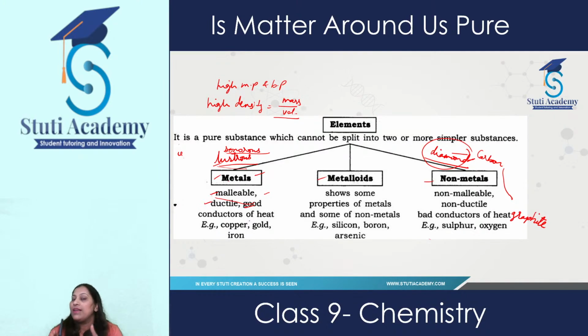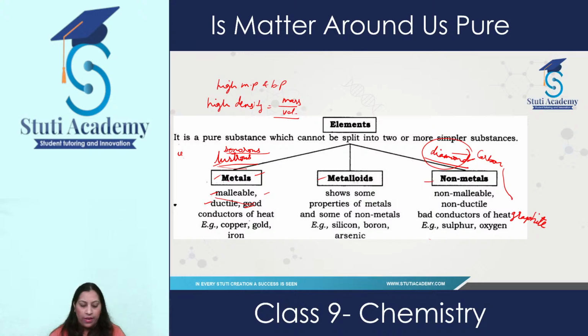And they both are elements because they both are made up of the same type of atoms, the same type of material. If we take an example of sulfur, sulfur is made up of only sulfur atoms. If we talk about oxygen, oxygen is also made up of only oxygen atoms. And if we talk about copper, copper is made up of only copper atoms. So these metals and non-metals, although their properties are different, both fall into the category of elements, which is a pure form of a metal.